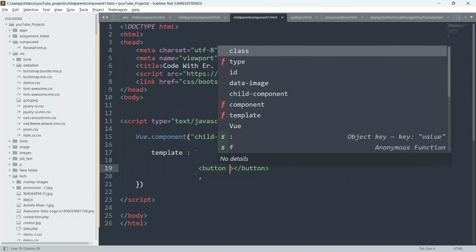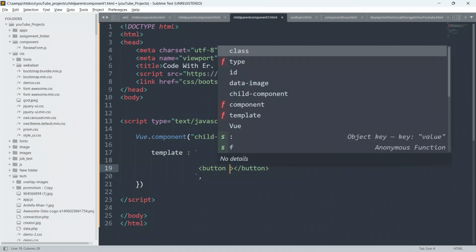Emit means to emit something, to emit some signal, some message. In this video we will learn what emit is, and how we can use emit to make communication, to make a bridge between child component and parent component in Vue.js.